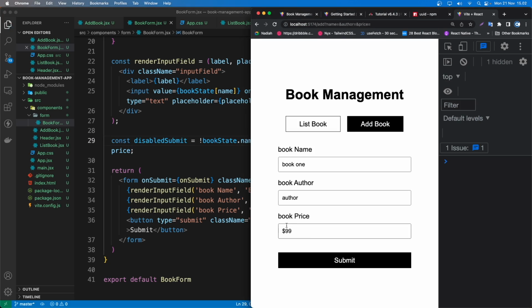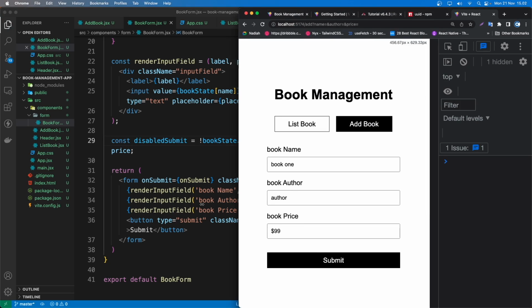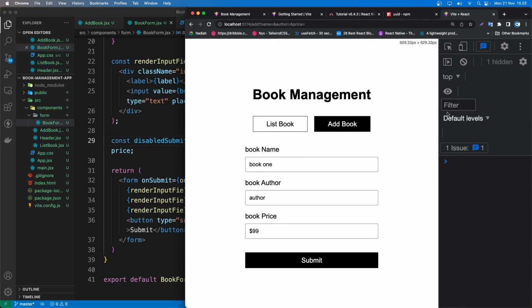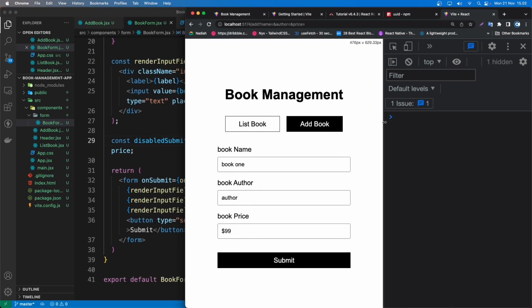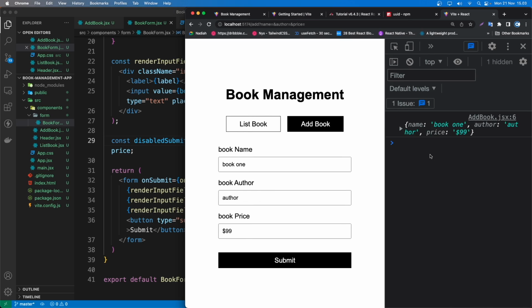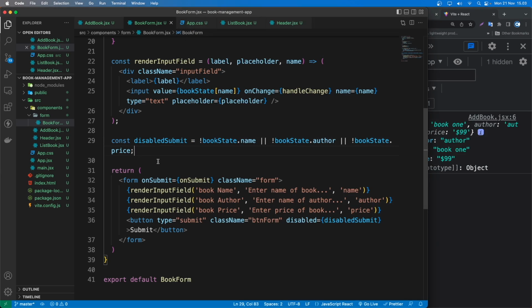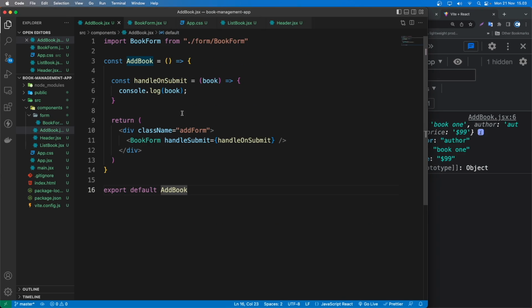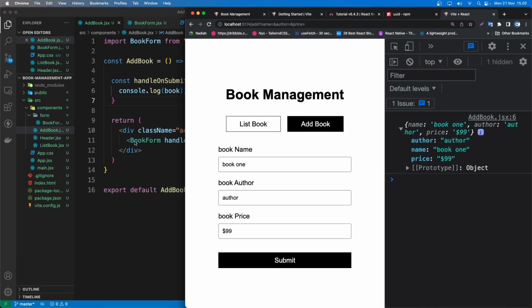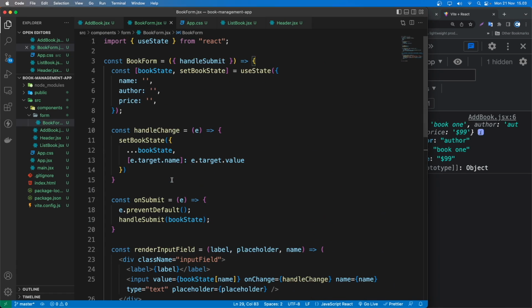So now if I save, it should be black here, the color, so we can click the button. So let me go to console here, and if I click submit, as you can see, we have the value, and this AddBook here is going to work. Okay, we can see the value here, and we need to also send the